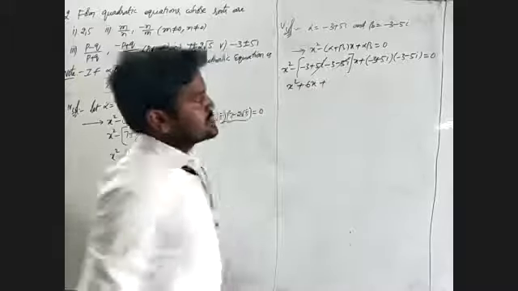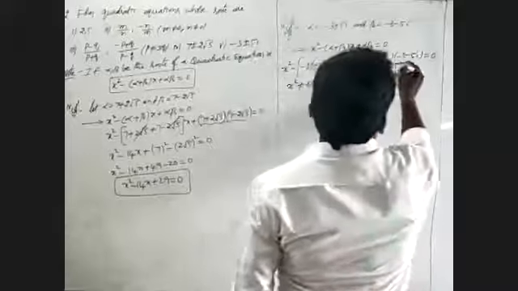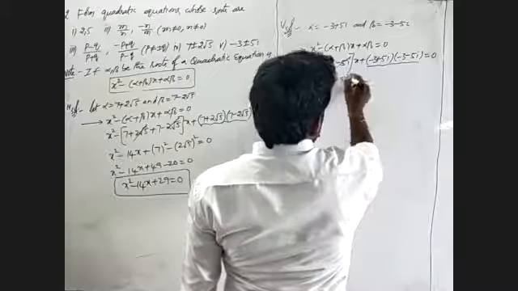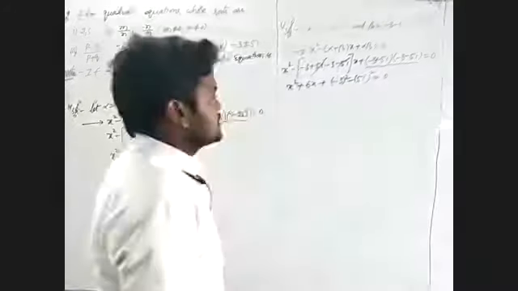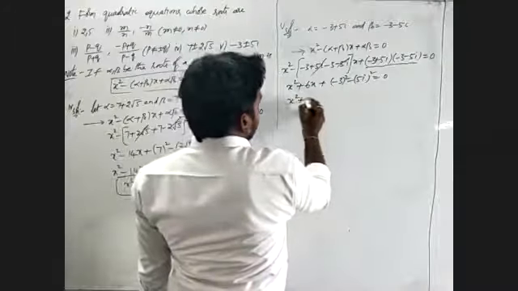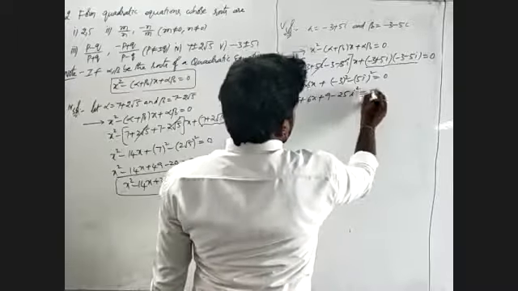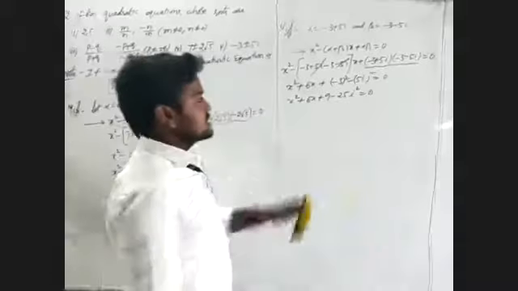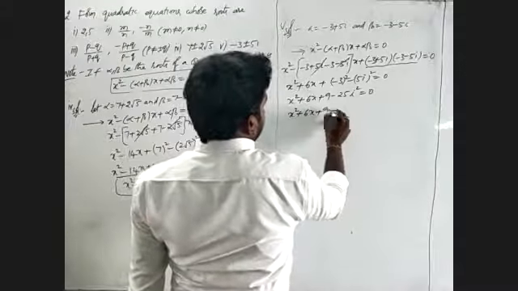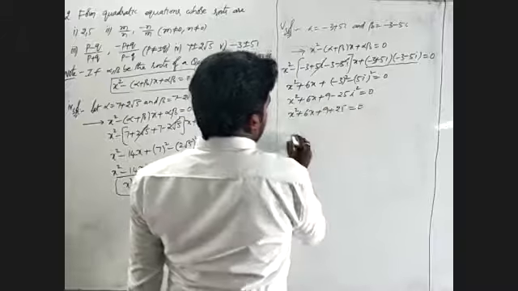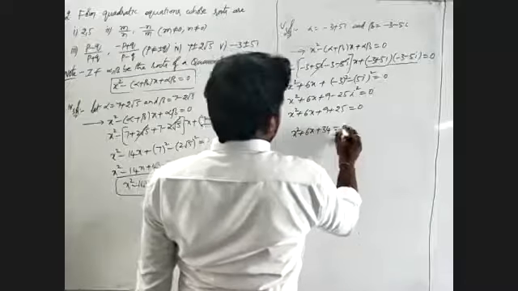After that, in this one, given one is of the form (a plus b) into (a minus b), that I will write minus 3 whole square minus 5i whole square is equal to 0. That is x square plus 6x plus 9 minus 25i square is equal to 0, where i square is nothing but minus 1, that I will write x square plus 6x plus 9 plus 25 is equal to 0. That is, the value is x square plus 6x plus 34 is equal to 0.